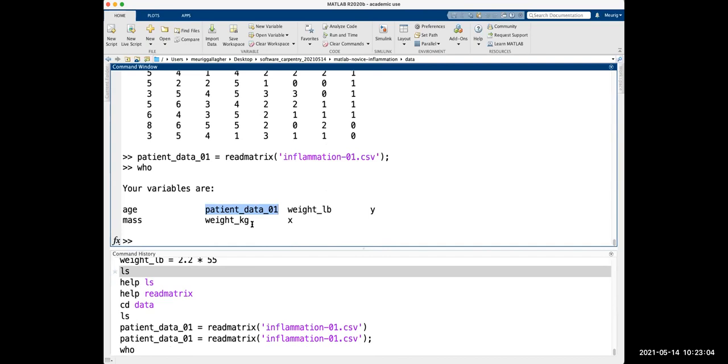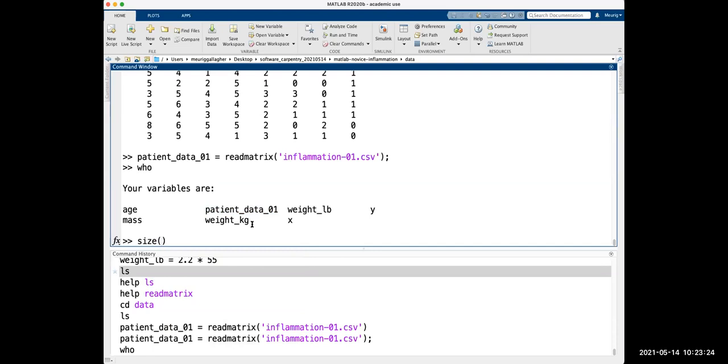So now we've loaded our data, we probably want to find out some things about it. So this might not be data that we had, it might be data that a collaborator has sent us over and wants us to analyze. So we might not know exactly what's in it. So a useful command is the size command. So we can say size.